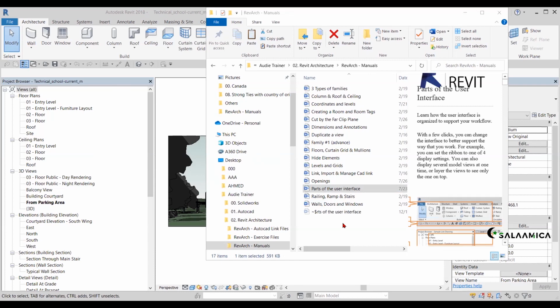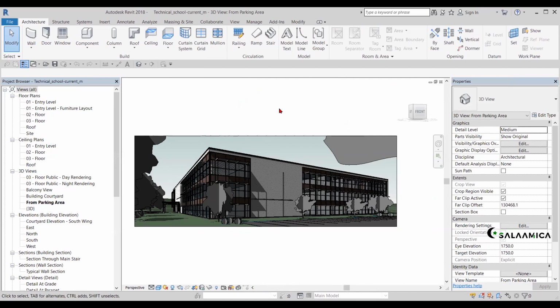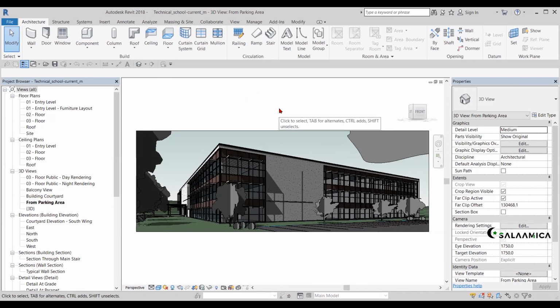This is a problem also in using online, no? So many things you have to do. Okay. So I'll do it quickly now, so we can discuss the modifying tools or the drawing tools.